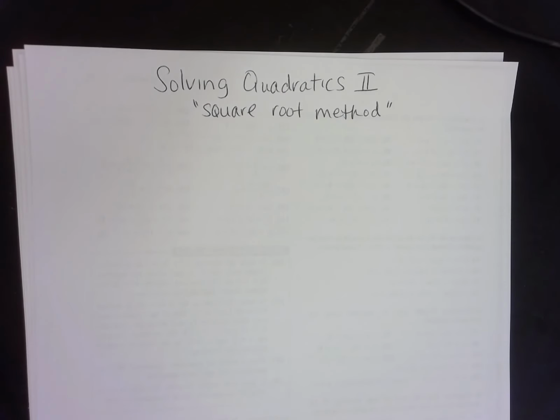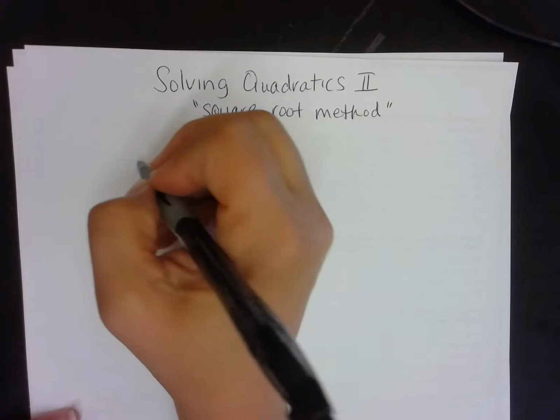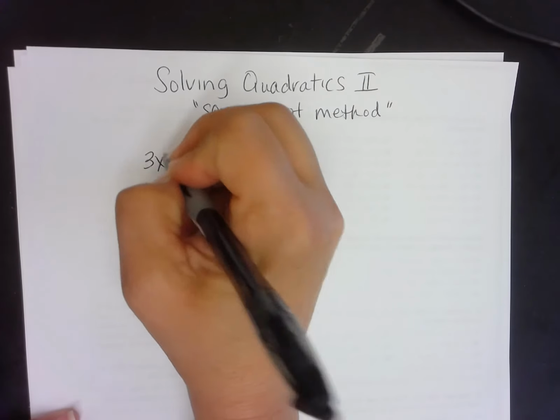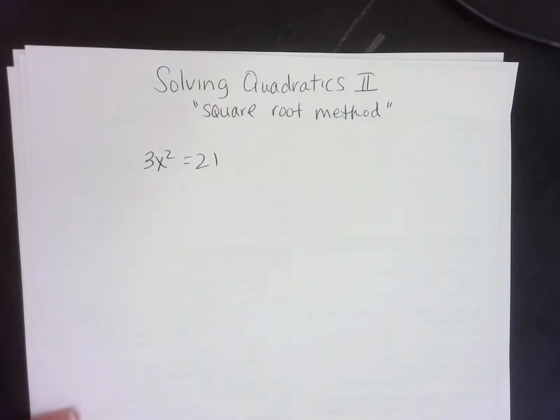This lecture is about solving quadratics, and we've already talked about one way to solve a quadratic, which is by factoring. This is part 2. This is an example of the square root method. And so the square root method basically means if I have something simple like 3x squared is equal to 21,